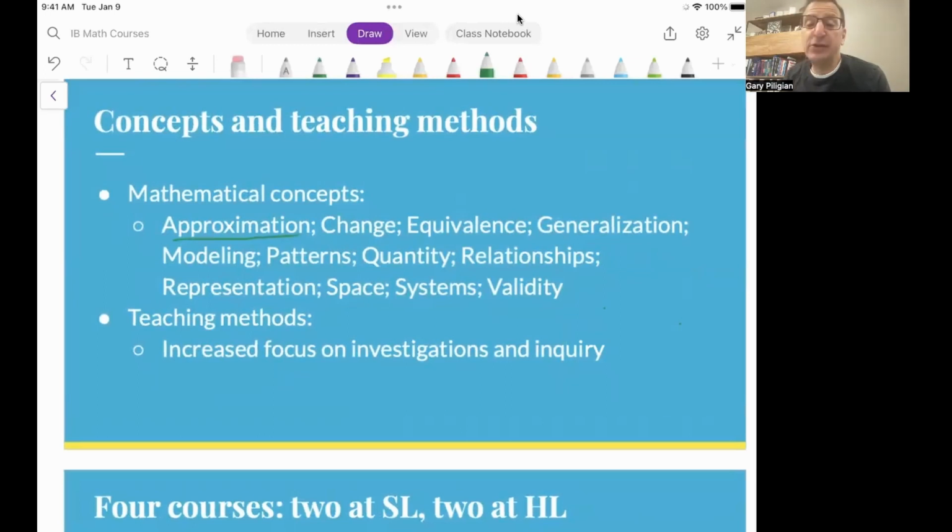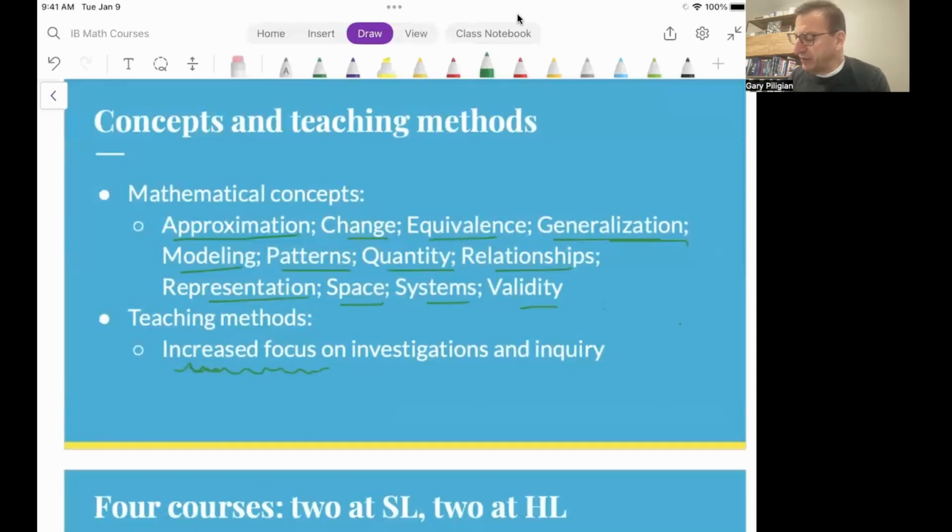The concepts of approximation, change, equivalence, generalization (that's a biggie), modeling, patterns, quantity, relationships, representations, space, systems, and validity are present in all four of the courses. So those are the main concepts. And in the class,